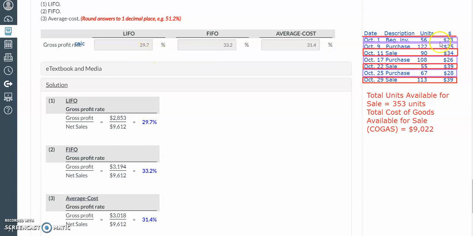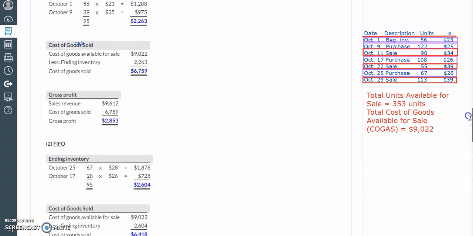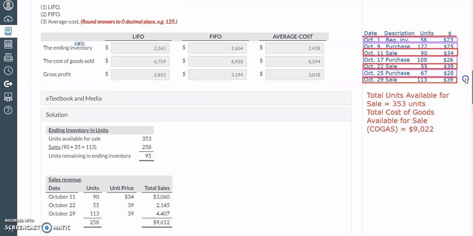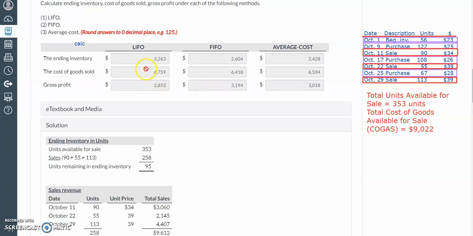And one of the things that you're going to notice is that the trend is that the price of the product is increasing. Okay, so that means that our gross profit is going to be highest under FIFO and lowest under LIFO. And this really speaks to the prior comparisons, right? When we compared these three methods, we noticed that under FIFO, we have the highest ending inventory, the lowest cost of goods sold, and the highest gross profit. And this is the trend when prices are increasing. So, when prices are declining, it'll be